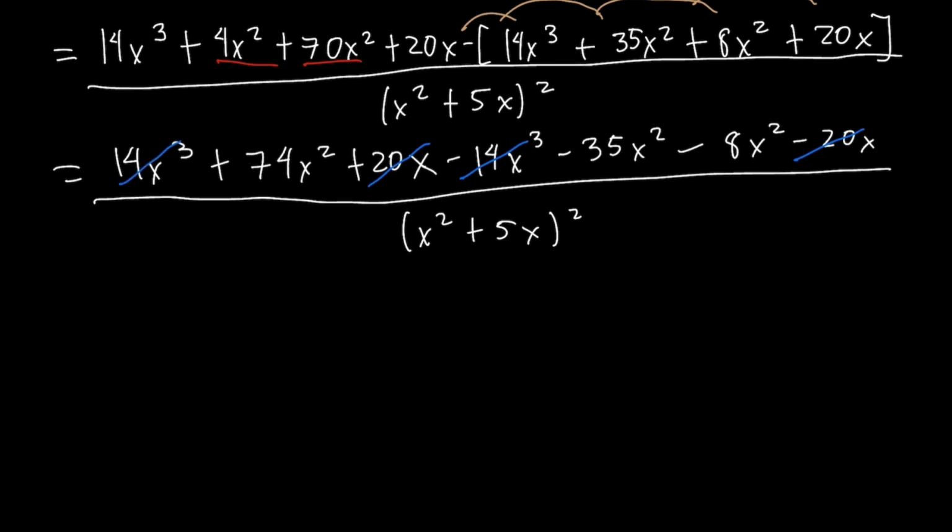So we are left now with 74x squared minus 35x squared minus 8x squared. So 74 minus 35 minus 8, that is equal to